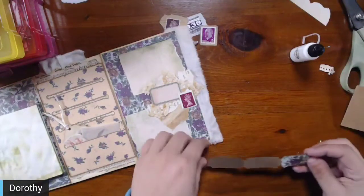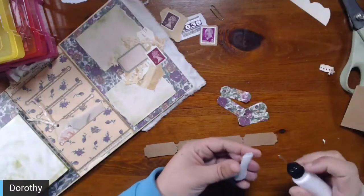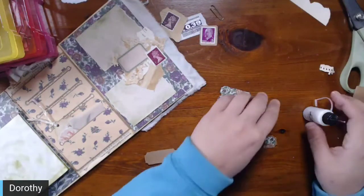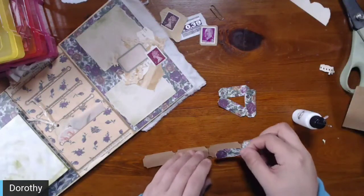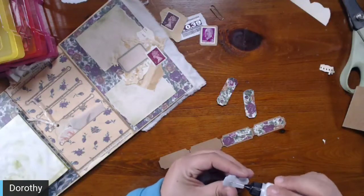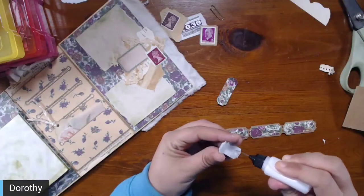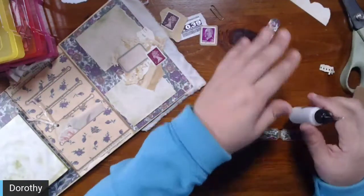I have my little strip of tickets here. So glue these down. I think I may actually do this in 2 sets of 2, which is really weird because I tend to do things in odd numbers. And these will look great. I was thinking we could put 2 back here and 2 onto the front. There we go. And then